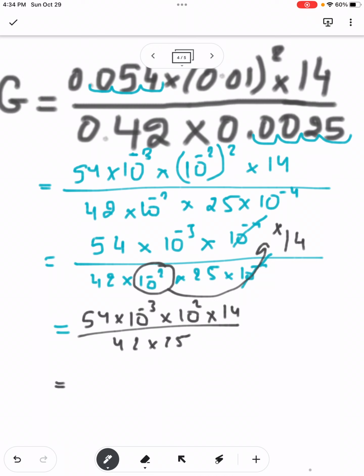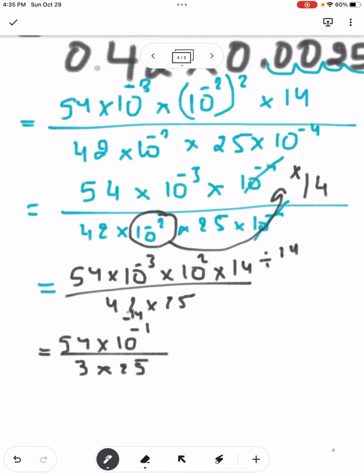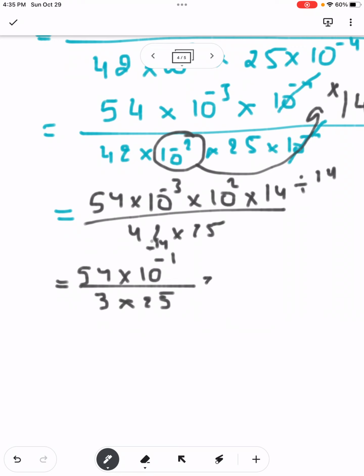طيب 14 and 42 I can simplify it by 14 so 54 times 10 to the power same base I have to add the exponent minus 3 plus 2 is minus 1. 42 divide by 14 which is 3 times 25. Okay what now? 54 times 10 power minus 1 over 3 times 25 is 75. Let's simplify 54 or 75. I can divide them by 3